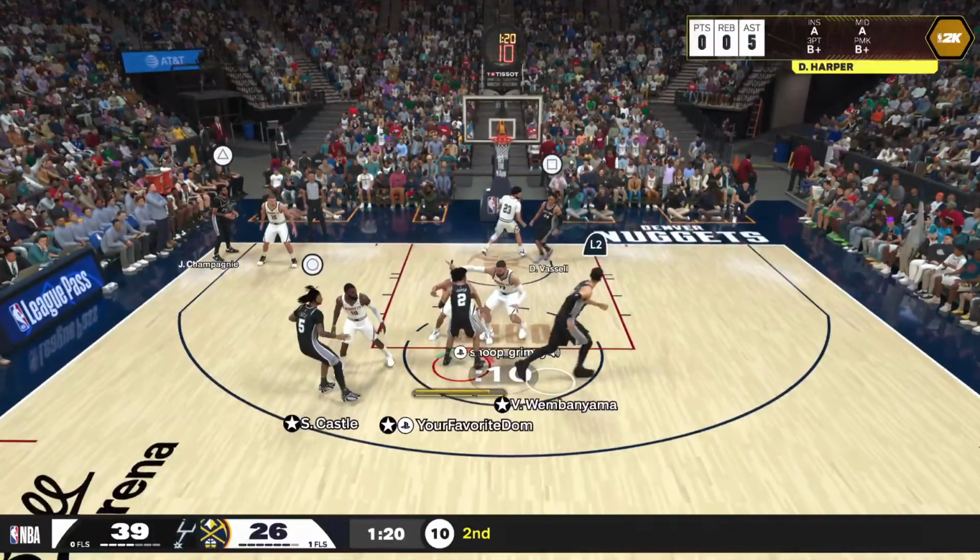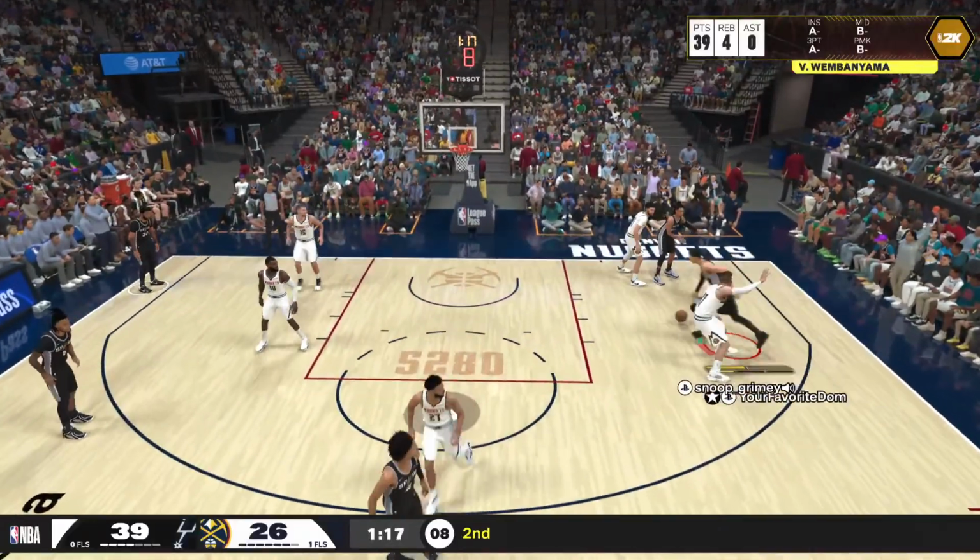Here is Harper, guarded by Valanciunas. And it's Wembanyama with the